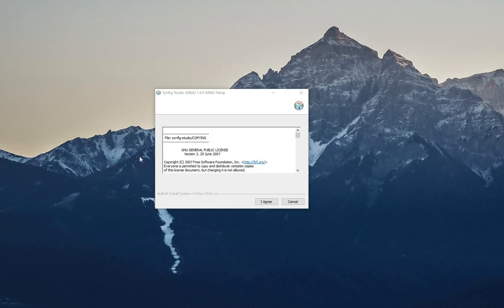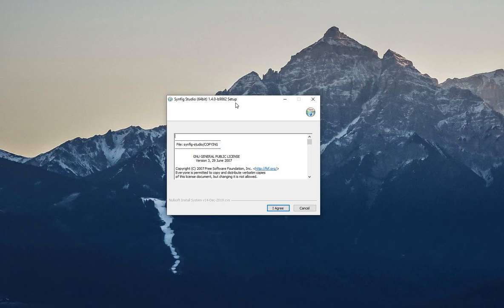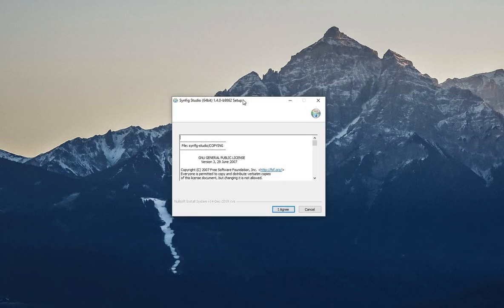Welcome everyone to part 2, where I will show you how to install SynFig Studios. It is a very easy process to go through. You only have to click on a few buttons that say next, and then you will have access to SynFig on your computer. So if you double clicked the install file that you downloaded from the website, this is the